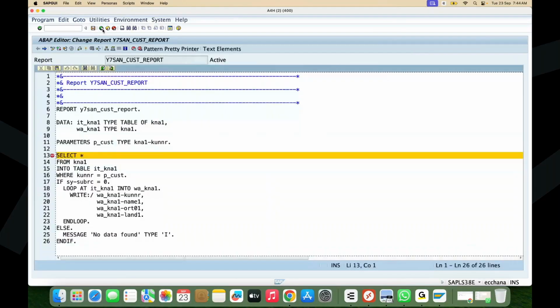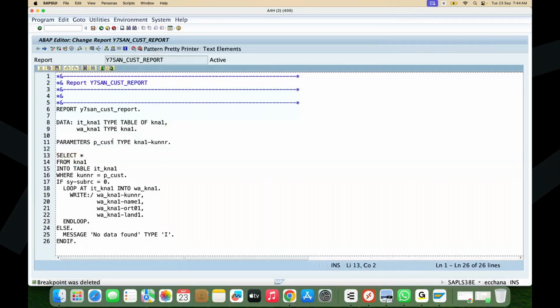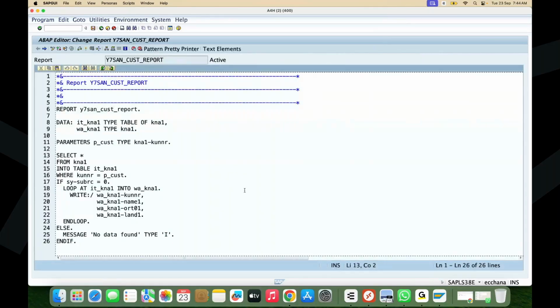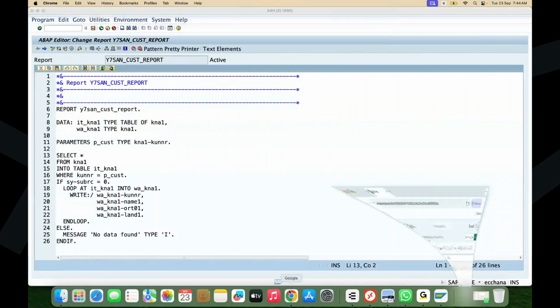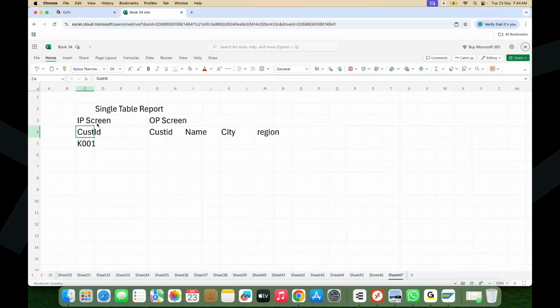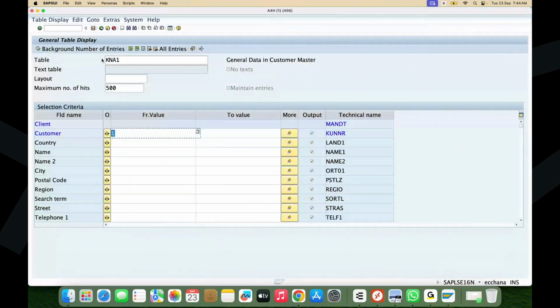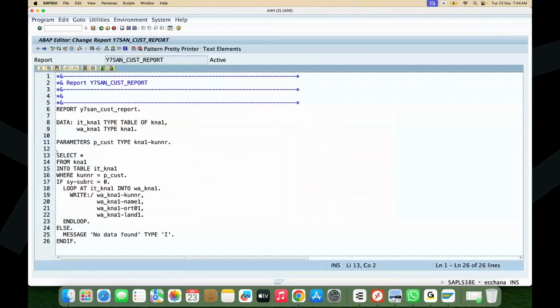So working with reports is very easy. The only thing is we need an input screen, and based on the input we need to get the data. Now whenever a requirement comes, it is your responsibility to ask either business or functional, explaining how we get the data from the tables. If it is a single table or multiple tables, they have to show you how they can get the data manually from tables. Then in the same way, you can write your code to pull the data from the